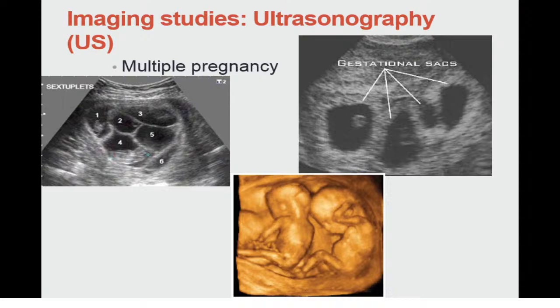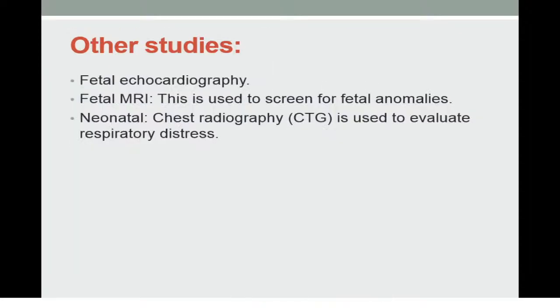Imaging studies: ultrasonography, both transabdominal sonographic exam and transvaginal sonographic exam. Here are presented three pictures showing gestational sacs in the uterus. In another picture, sextuplets. And in 3D ultrasound, two fetuses are visible in the uterine cavity. Other studies: fetal echocardiography, fetal MRI, and chest radiography is used to evaluate